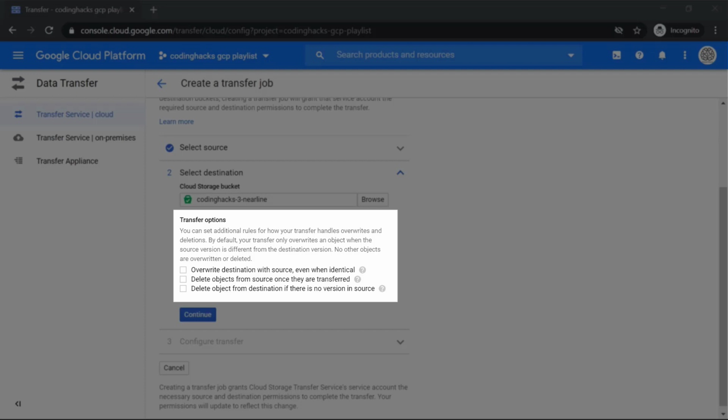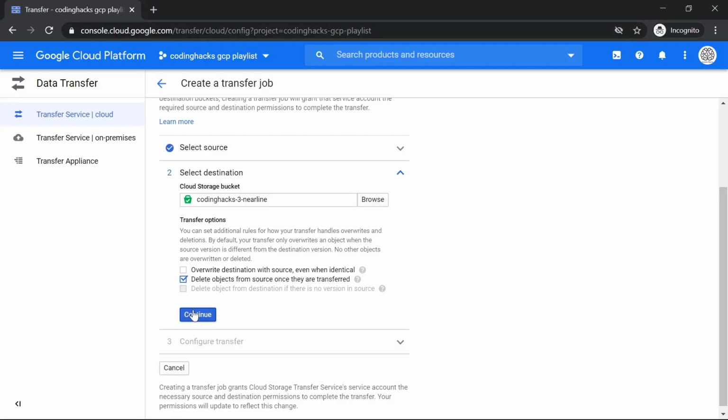Finally, you will delete objects from the destination if there is no corresponding version in the source. This is when you want both buckets to be exactly identical. In our case, I am going to select the second option because I want to delete the objects from source once the transfer is done. Now hit the continue button.